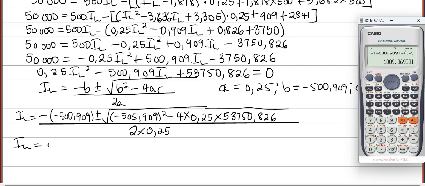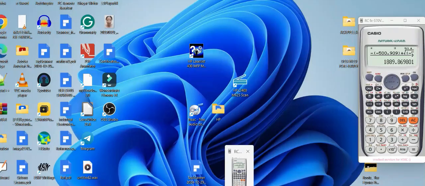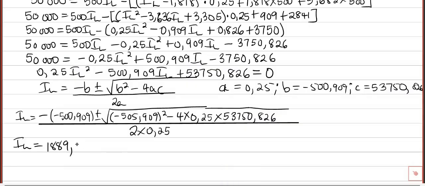So we have this very big current 1889. This is 1889,869 amps, or IL equals to,